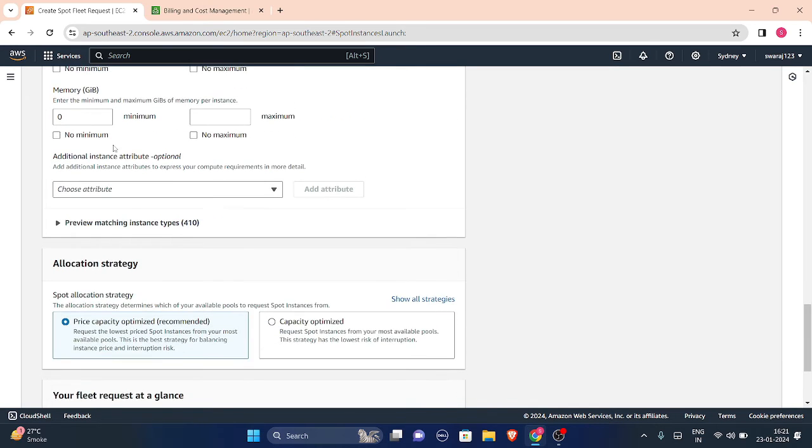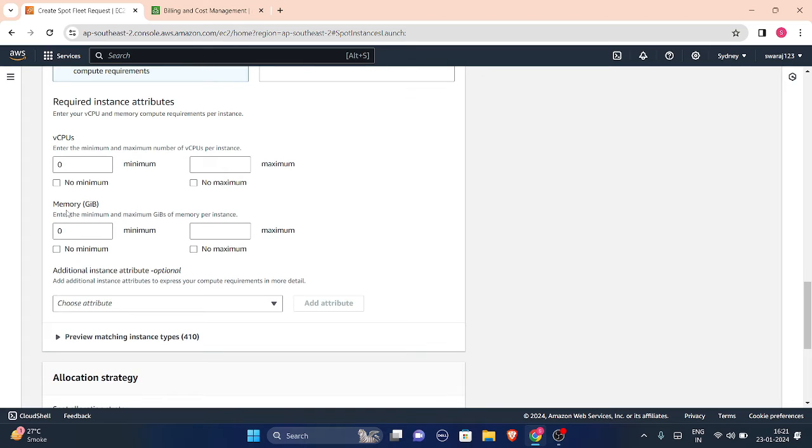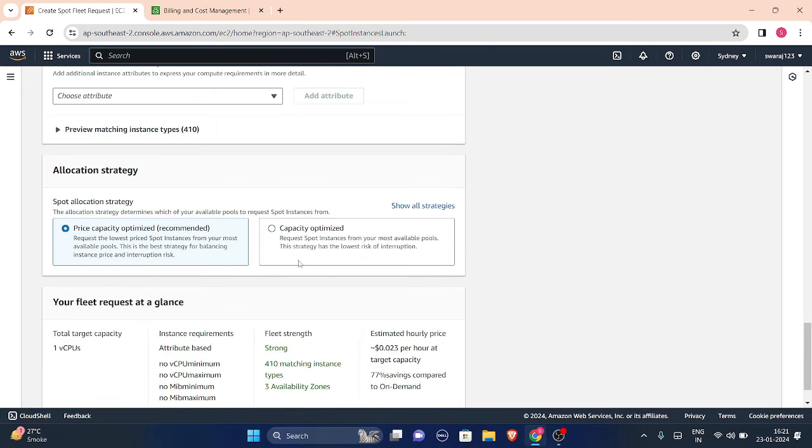So this is something which is very beneficial if you don't know about instance type, which instance type you should use. Okay, next is allocation strategy. Spot allocation strategy could be done on the basis of price capacity optimized, or just capacity optimized. With capacity optimized, if you want higher capacity but you don't care about prices, you can go for this. But if you want capacity and it should be cheapest also, this is the best option, price capacity optimized. We can see all the strategies here.